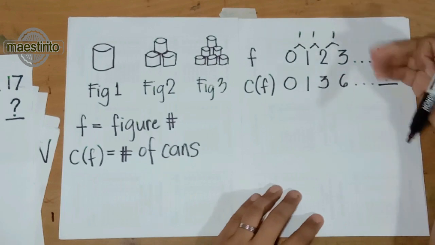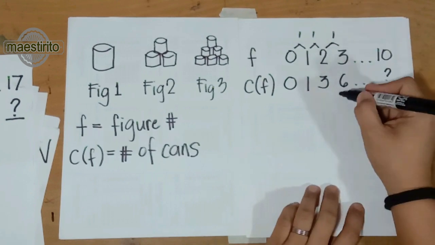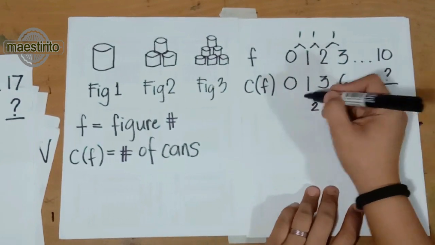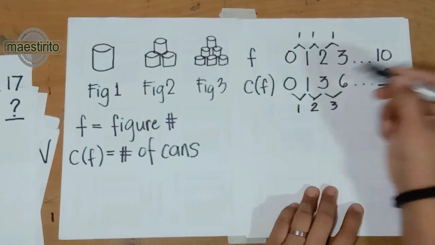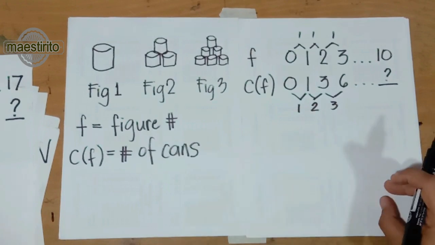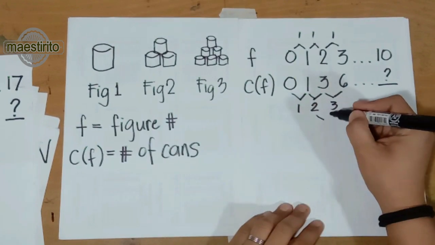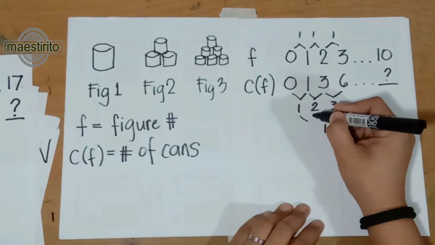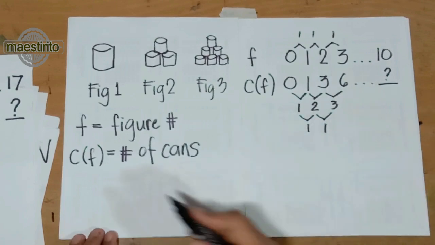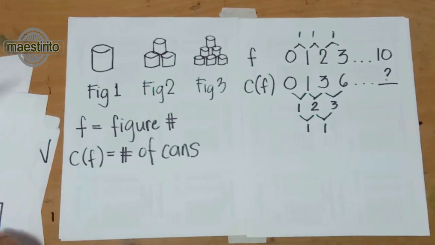So let's proceed now to the dependent variable. 6 minus 3 is 3. 3 minus 1 is 2. 1 minus 0 is 1. Oops! The first differences are different. So let's continue. Maybe they have the same second differences. 3 minus 2 is 1. 2 minus 1 is 1. There. So, if the second differences are the same for the